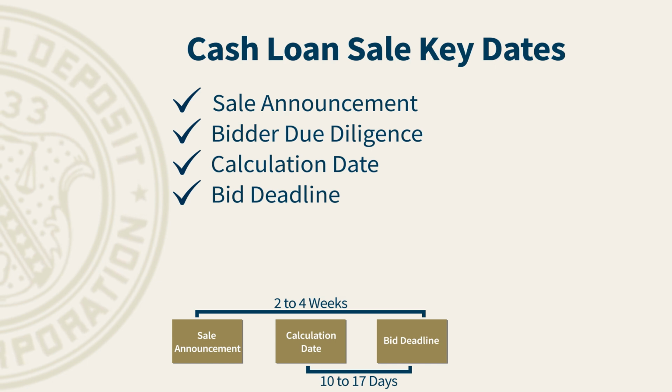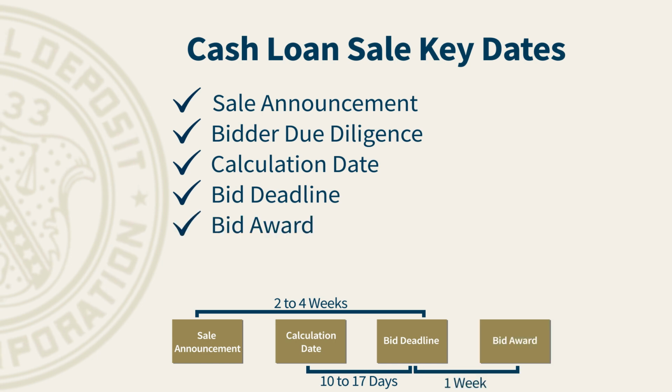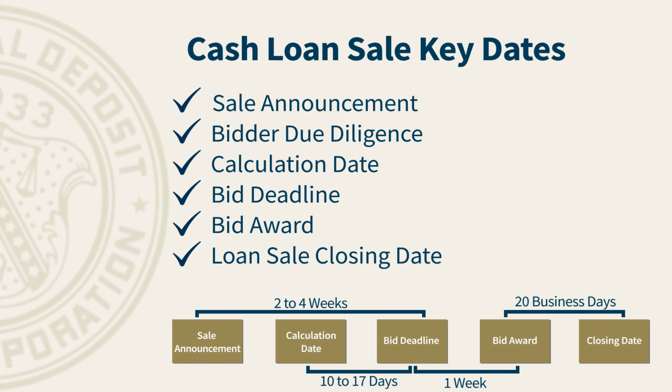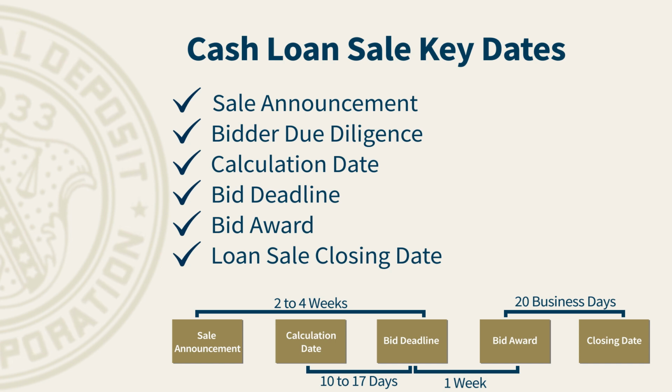After the bids have been received, analyzed, and approved, then the loan pools are awarded to the winning bidders. The loan sale closing date is typically within 20 business days following the bid award. A servicing transfer is scheduled, and the winning bidder, now buyer, takes possession of the loans and will begin to work with their borrowers. Interested parties can find information about future cash loan sales on the FDIC website,